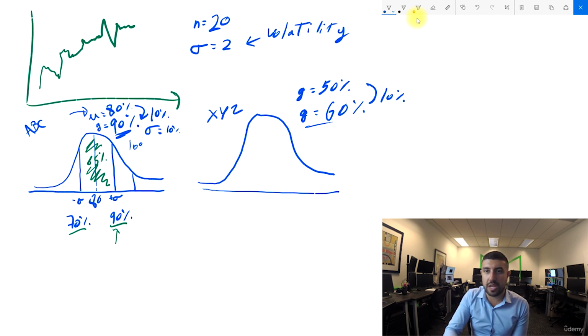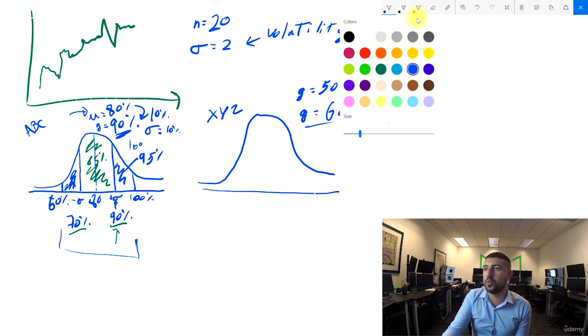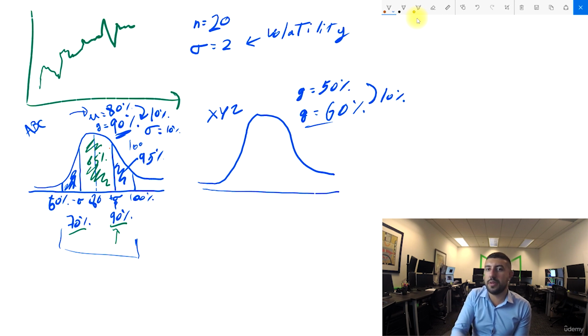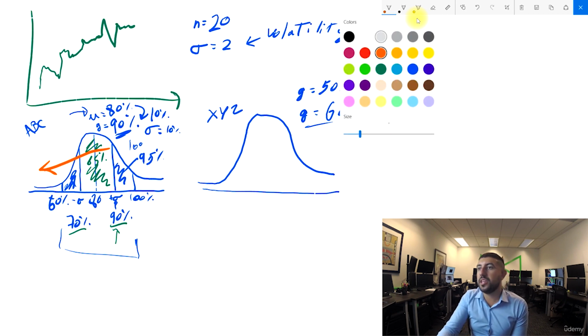Now I can go further and say 2 standard deviations above the mean. So this would be 100% here, and then minus, 60%. So between 60% and 100%, in this situation, 95% of the students are going to be in that zone. So you're somewhere here. Yes, you're better than a lot of the students. You're better than all these guys, but there are still people who are better than you. In the other class,